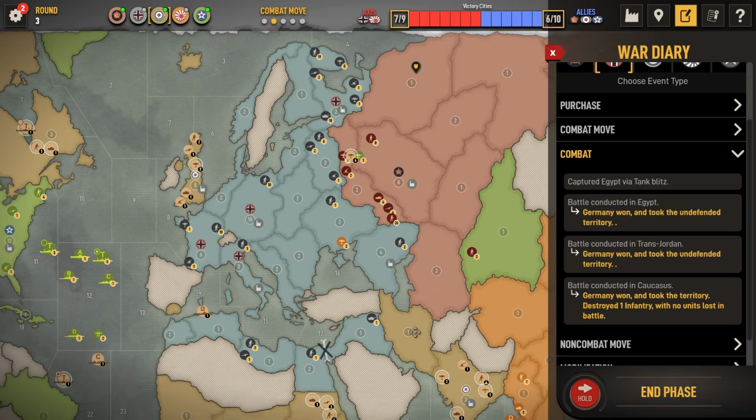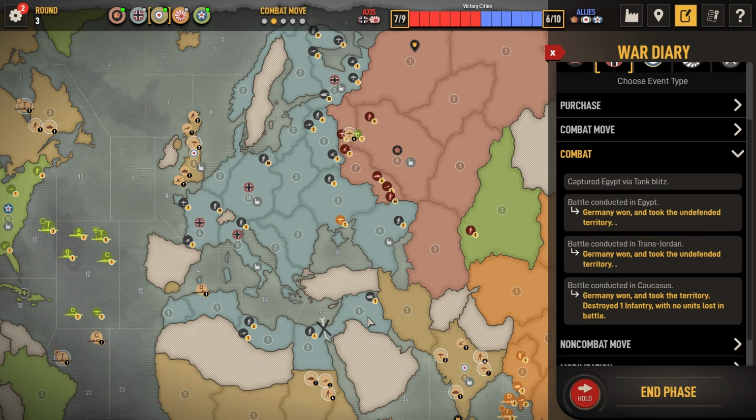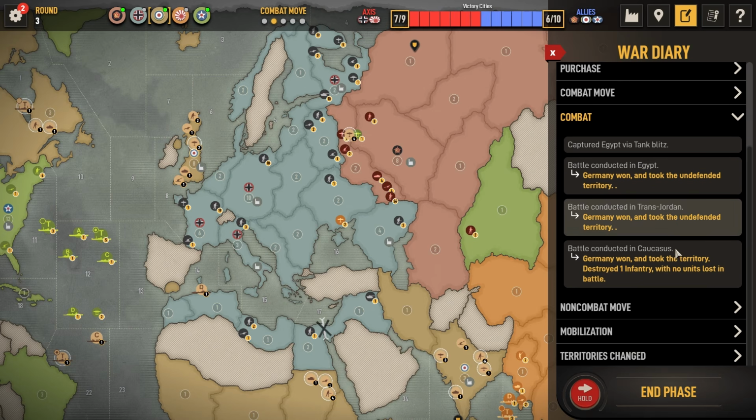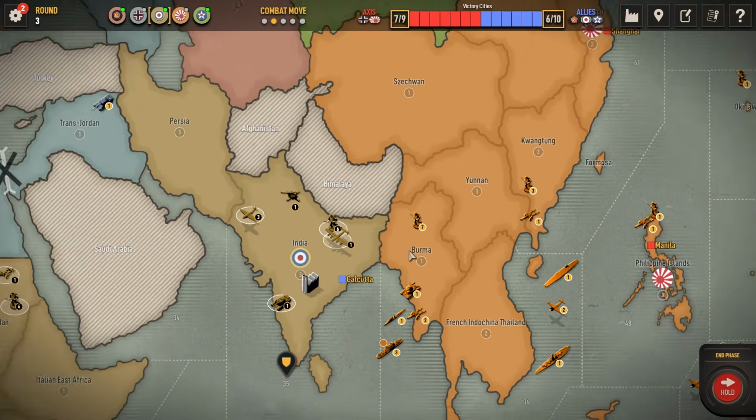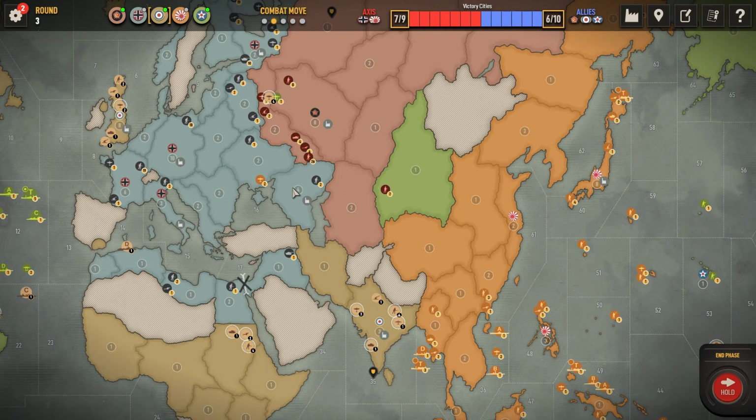And then he, okay, so he moved his tank over here and took Transjordan. Then he put one guy in Egypt, took the Caucasus, which I'm going to stack this turn with Russia. He didn't lose anybody in that battle, and everything else was undefended. So he lost one infantry for the entire turn. I did the math on this. Since I'm stacking the Caucasus this turn, or actually it's going to be next turn with Russia,